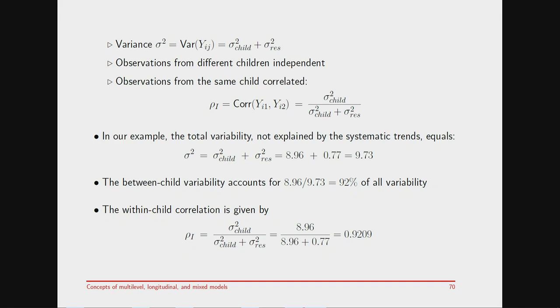It's the variability between the children divided by the total variability in our outcomes. So if we do this calculation, we end up with a correlation of 0.92. So yes, we already expected there to be strong correlation, and this now comes out. That basically means that if you're not careful and you ignore the correlation in your data set, you would act as if you have 100 pieces of independent information. That's not what's happening. You have 20 pieces of independent information, and within each cluster, you have 5 repeated measurements,